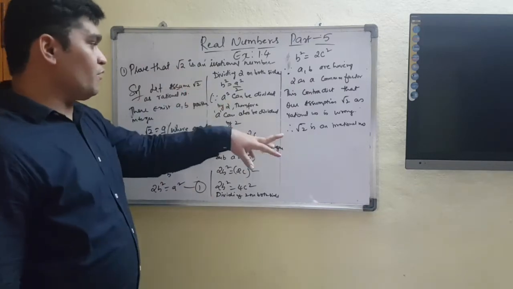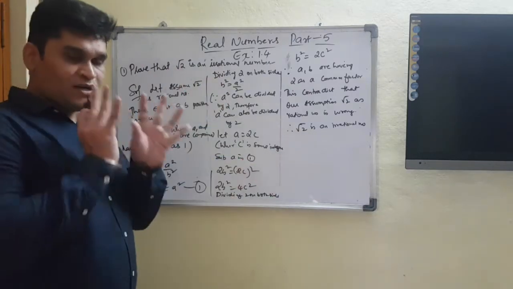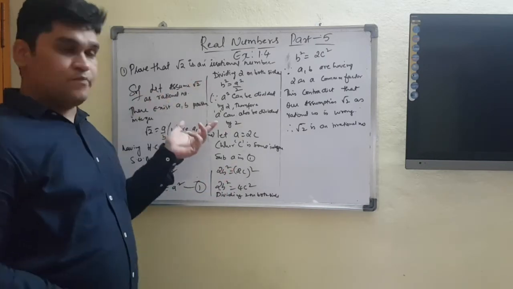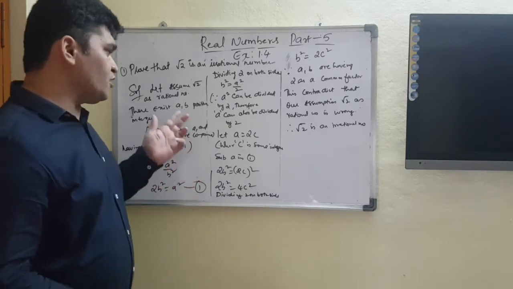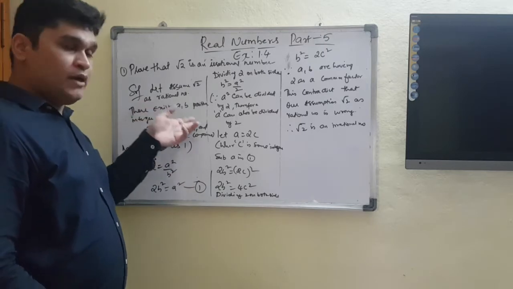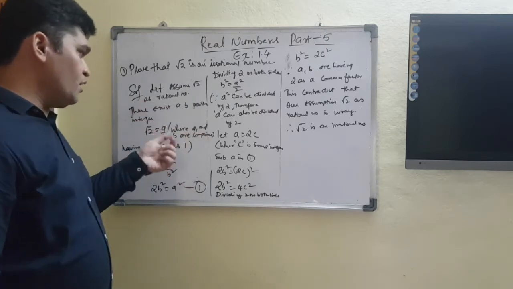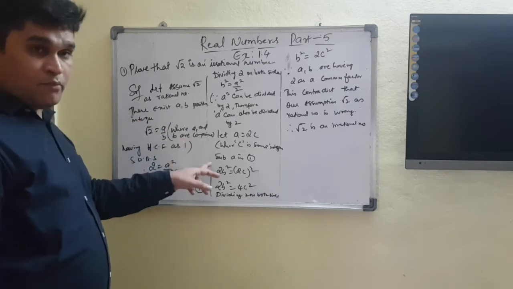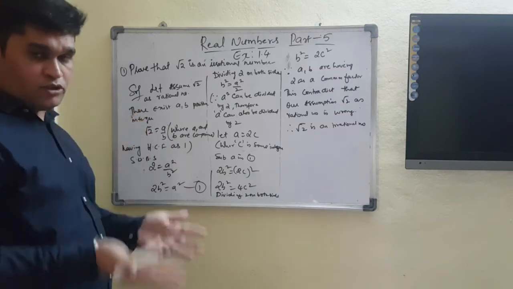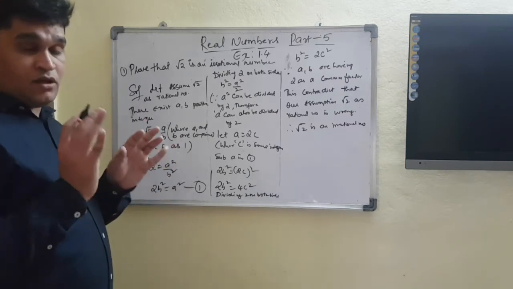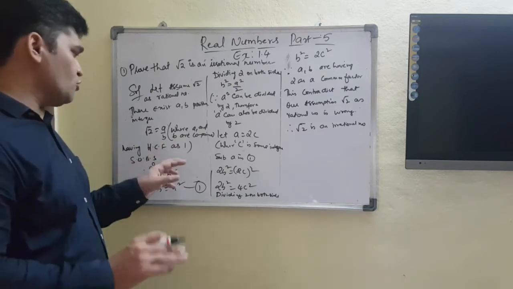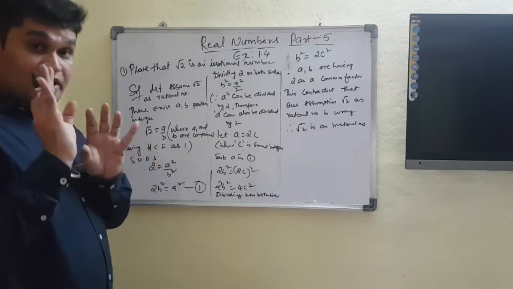term is an irrational number. So we have proved that root 2 is an irrational number. How? Once again I am repeating. To make sure it's an irrational number, let us assume it's a rational number. If it is a rational number, definitely there will be a P by Q formation, integers will be occurring. So instead of P by Q I have considered A and B. So root 2 is equal to A by B, where A and B are co-prime numbers having HCF as 1. Whenever considering A by B as the positive integers and rational number, there should be no other common factor than 1. Means HCF should be always 1. Then only the given term is rational.